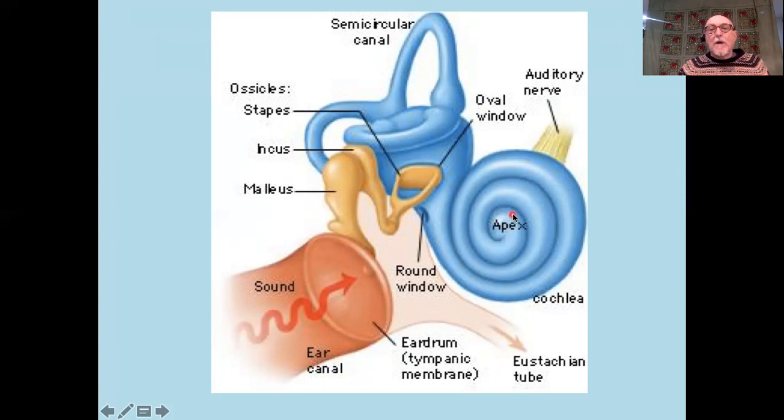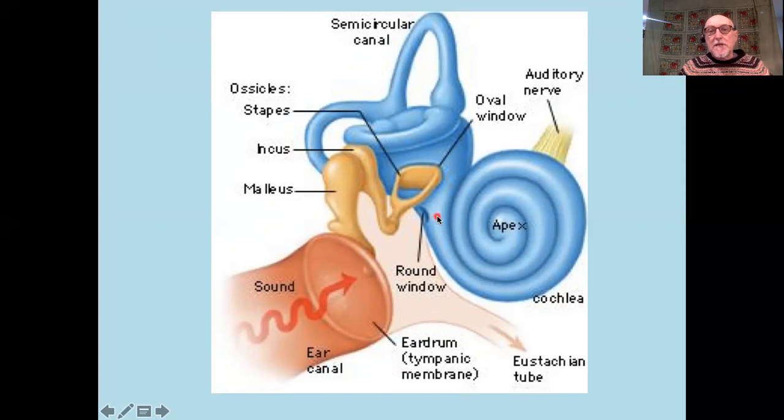Then the sound wave leaves the cochlea and exits through the round window. The round window again has a membrane on it, and that membrane vibrates. And that voids the sound wave. Otherwise, if we didn't have it, it would carry on and on, echoing around the cochlea, and that's highly undesirable. We only want the sound wave to make one passage through the cochlea.